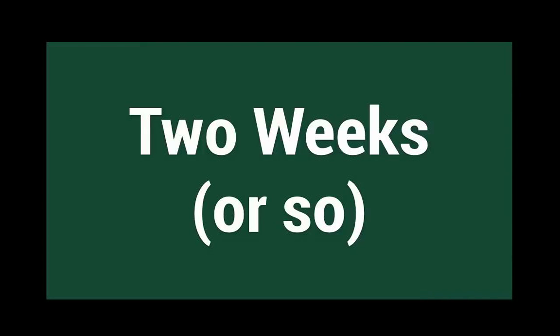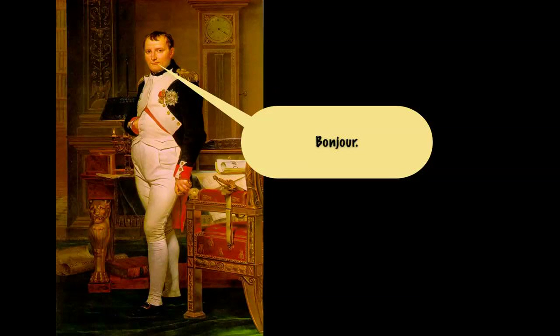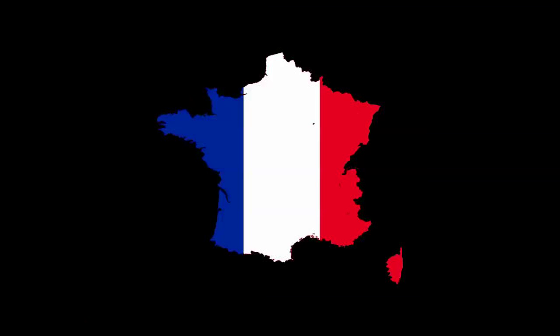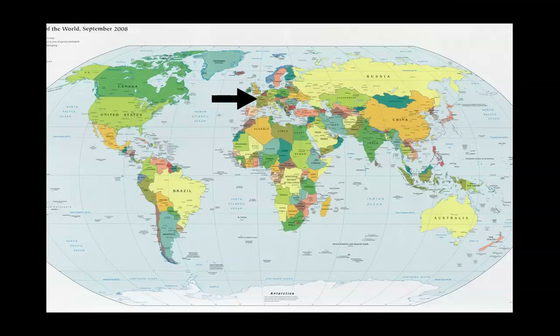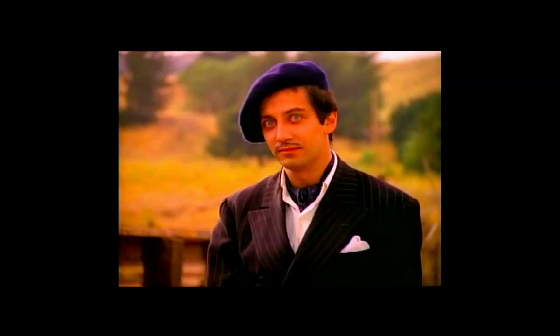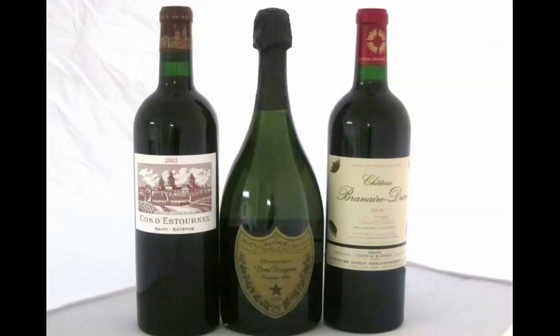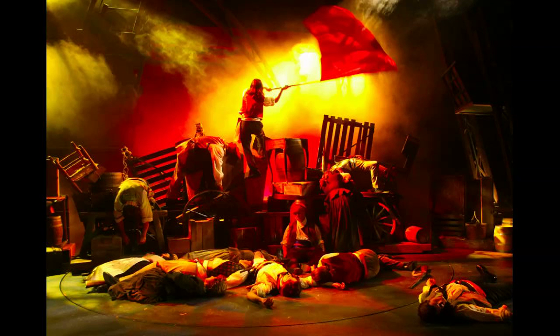Over the next 2 weeks, you will be taking a time machine back in time to the French Revolution. France is located here, on the continent of Europe, on the planet Earth. To get from California to France, you would have to fly over the continental United States, fly over the Atlantic, and learn how to tell the French guy at customs that you really aren't here to ruin their culture of fine cheese and Bordeaux. We will be traveling back in time to the French Revolution.